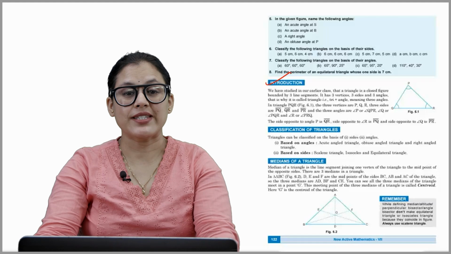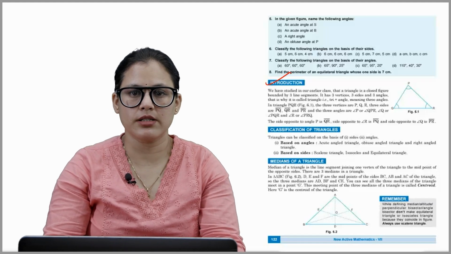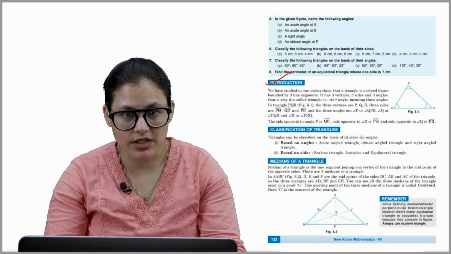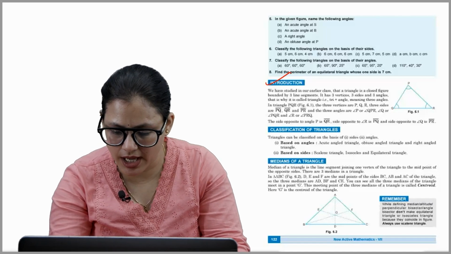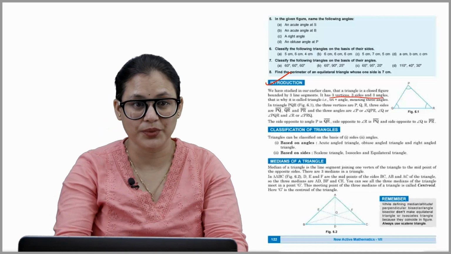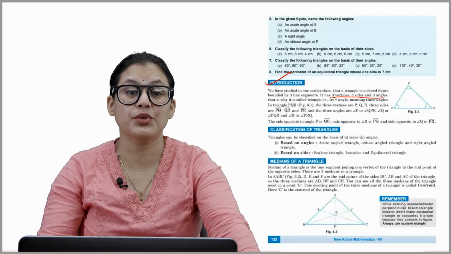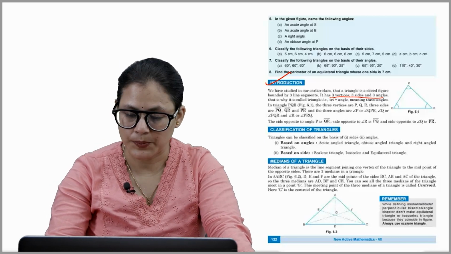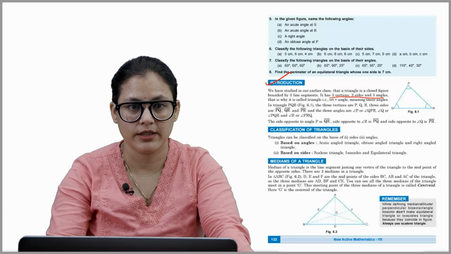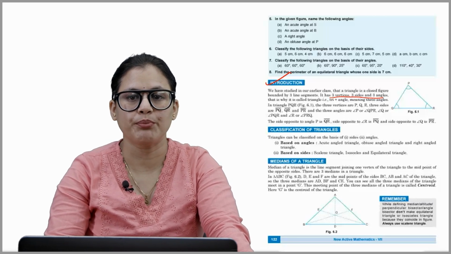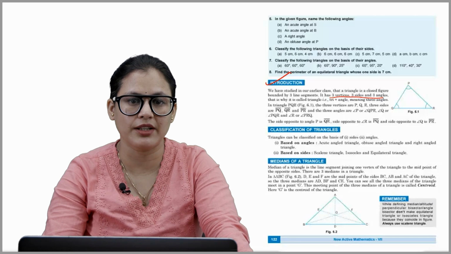Introduction. We have studied in our earlier class that a triangle is a closed figure bounded by 3 line segments. It has 3 vertices, 3 sides and 3 angles, which we already know. That is why it is called triangle, that is tri plus angle, meaning 3 angles. In triangle PQR, the 3 vertices are P, Q, R, 3 sides are PQ, QR and PR, and the 3 angles are